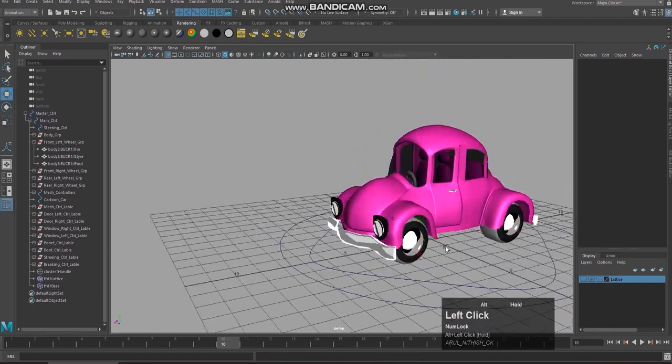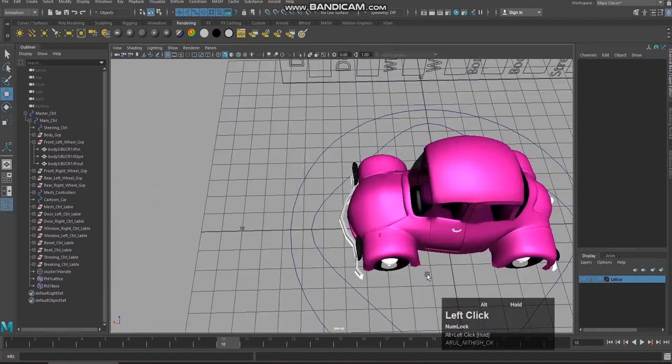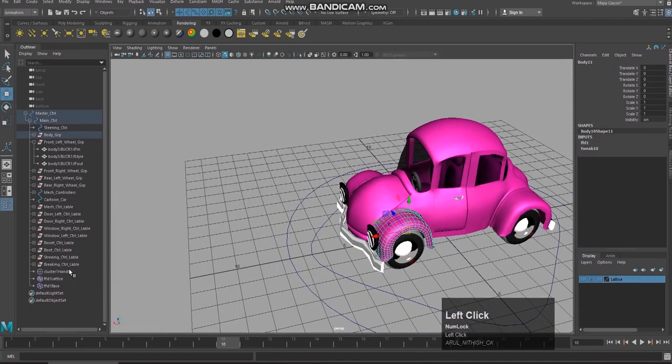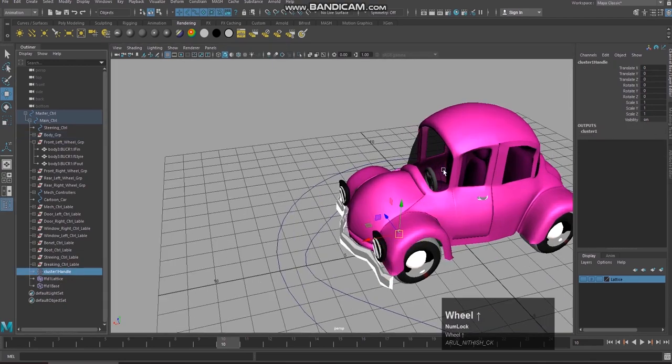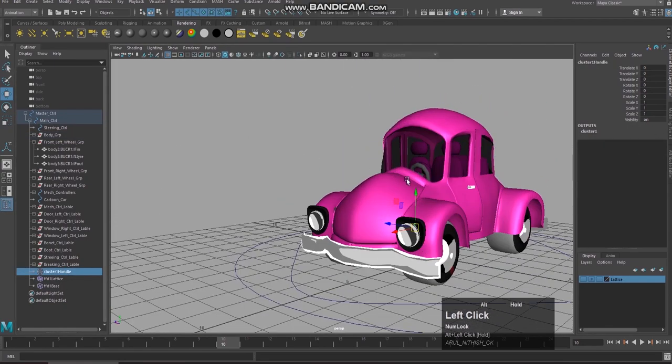Now for this cluster, cluster handle one, I should give proper naming like front left leg cluster.